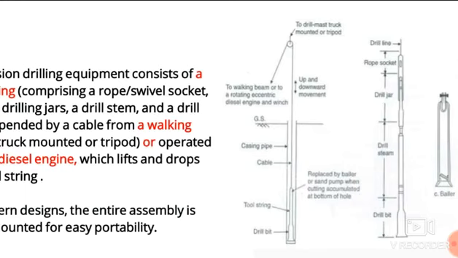Anyway, at the center of the well you can see a tool string. In the tool string, at the bottom, there is a drill bit. The bottom of the drill bit will have a pointed, chisel-shaped end. The tool string is attached to a cable and a pulley, and the pulley